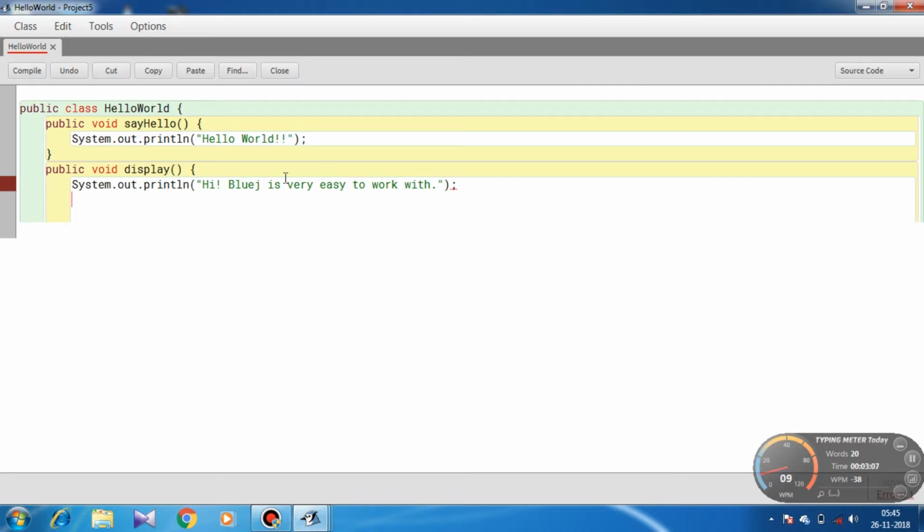This bracket we have opened, this bracket closed. This bracket we have opened, this bracket closed.